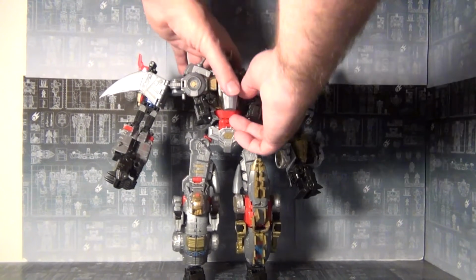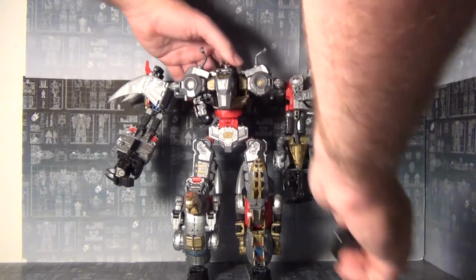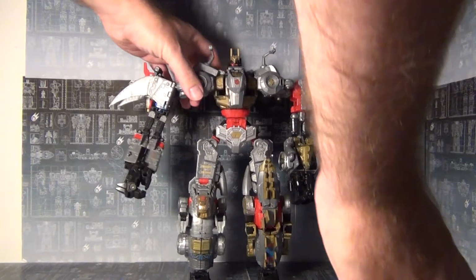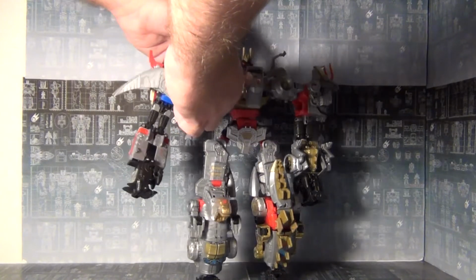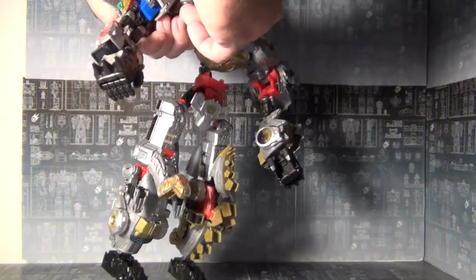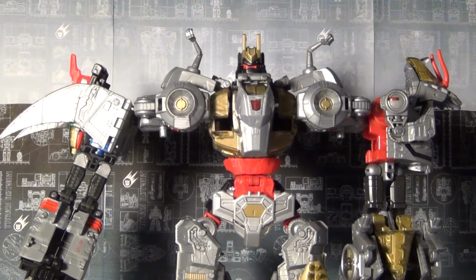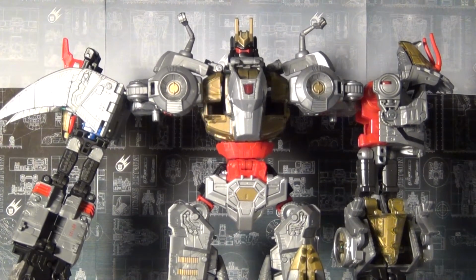In fact, I'll show you. Just take out these armor bits. You can see how, yeah, that's, yeah, and you can see he's not really one to hold together very well. But yeah, take a look. That is very thin for a Dinobot. I mean, I know he's in robot mode, but that is just...